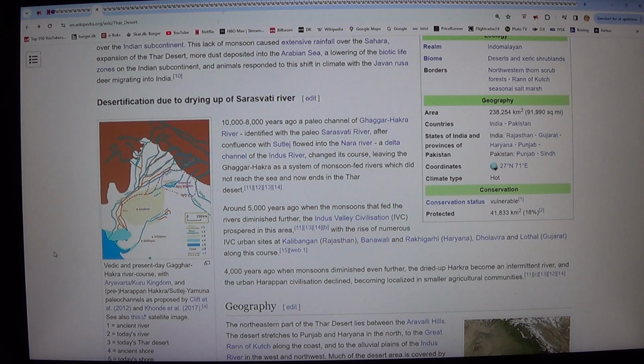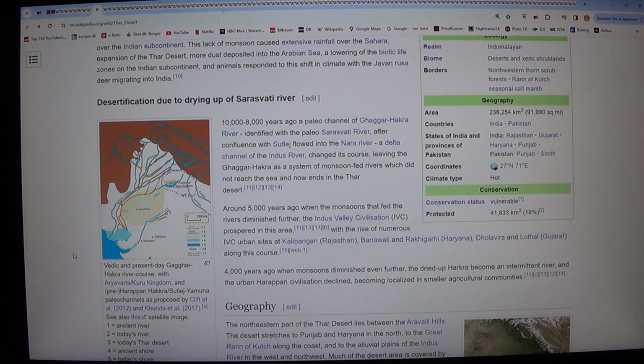See also this satellite image. 1 equals ancient river. 2 equals today's river. 3 equals today's Thar Desert. 4 equals ancient shore. 5 equals today's shore. 6 equals today's town. 7 equals dried up Harappan Hakra course, and pre-Harappan Sitalj Paleocanals, Clifton et al. 2012.